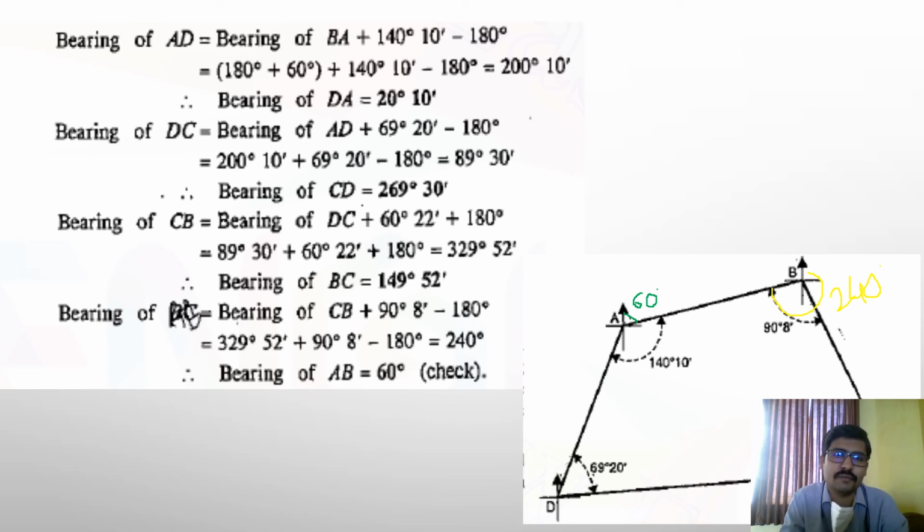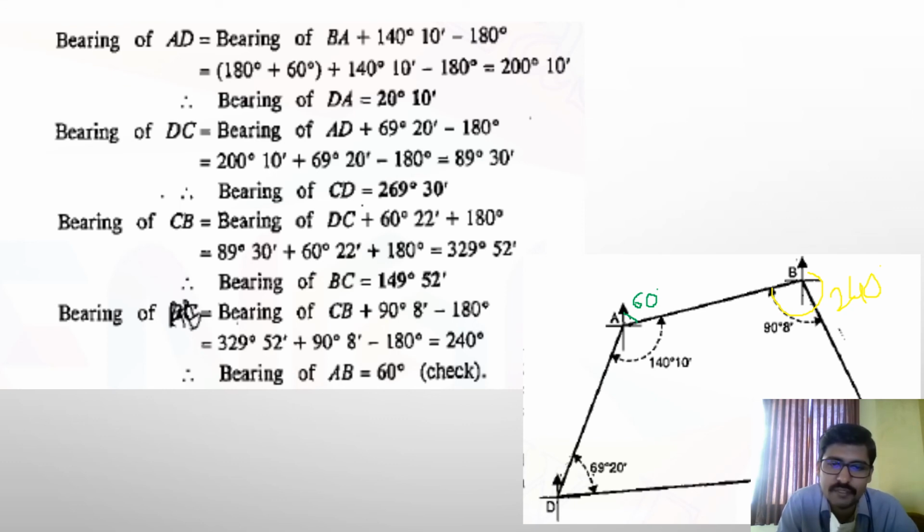So even for the previous problem we have discussed, the formula is not constant. Of course, there you can relatively have the same formula, like bearing of the previous line minus bearing of the next line can give you the interior angle. But of course, when you get a negative value, then you may get confused. Of course, you can add 360 degree when you get a negative value, but still don't depend on the formula. Try to understand the given problem. Try to draw the diagram on your own, then based on the diagram, identify which angle is required and which is given, and try to solve the problem on your own, right?